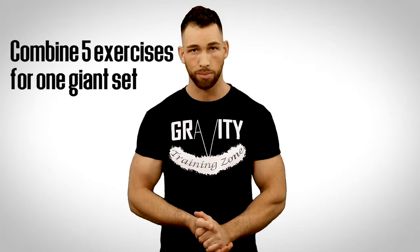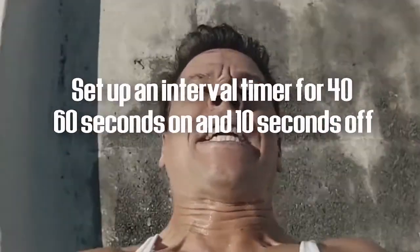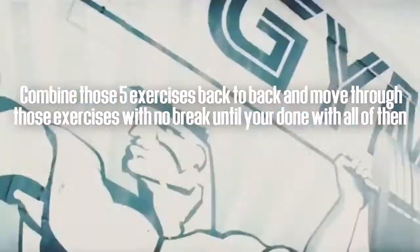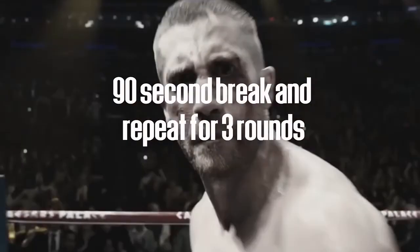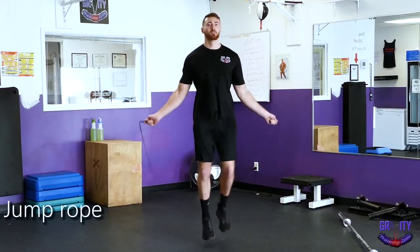Set up an interval timer for 40 to 60 seconds on and 10 seconds off. The 10 seconds off is not your break. It's just there so you can get to the next exercise. You're going to combine those 5 exercises back to back and move through those exercises with no break until you're done with all of them. Then take a 90-second break and repeat for 3 rounds. So you might do a bench press followed by a barbell squat followed by jumping rope, then barbell rows, then